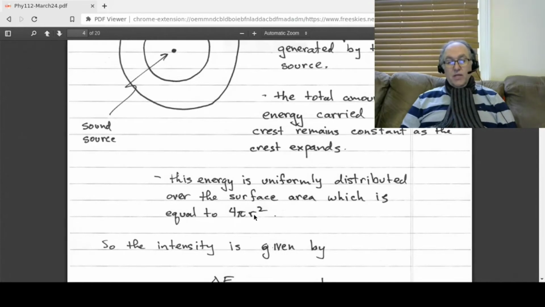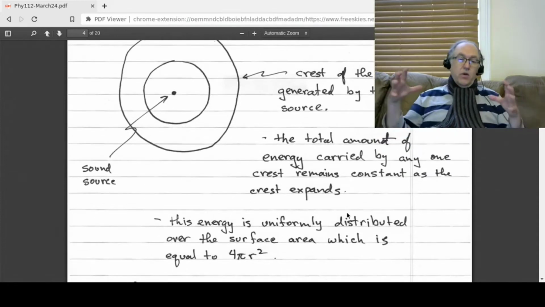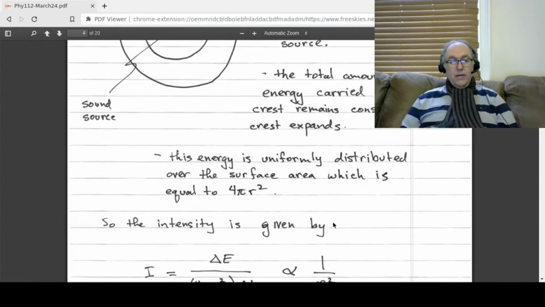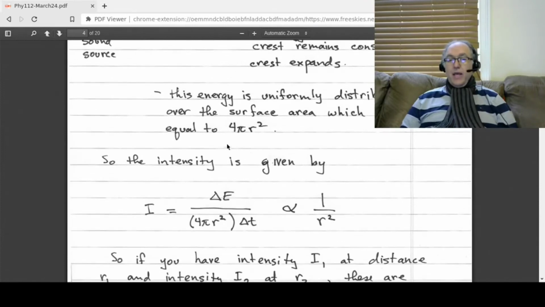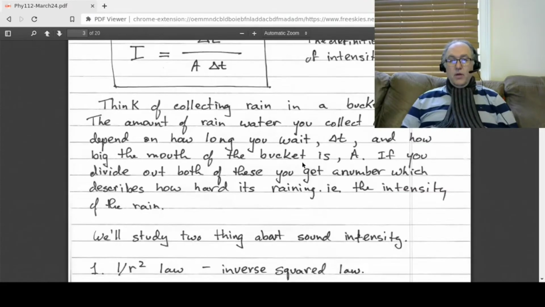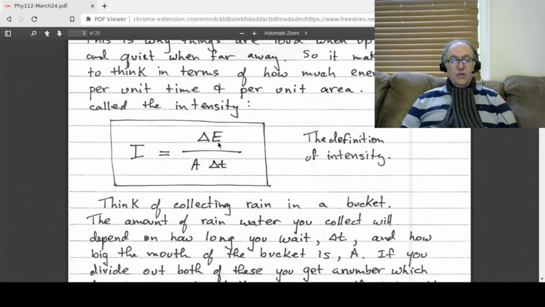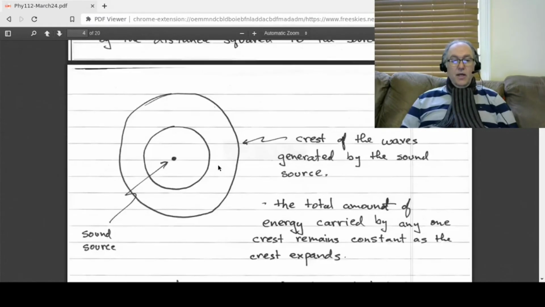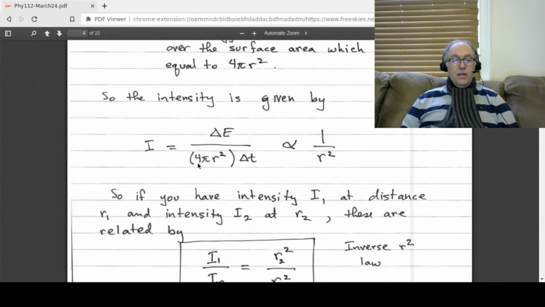If you have a sphere of radius r, then the surface area of the sphere is 4 pi r squared. If you don't know that formula, there it is. Now if we plug that area into the equation above, remember our equation was the energy deposited divided by the area times the time over which you deposit it. If you plug that in for A, you get this 4 pi r squared,